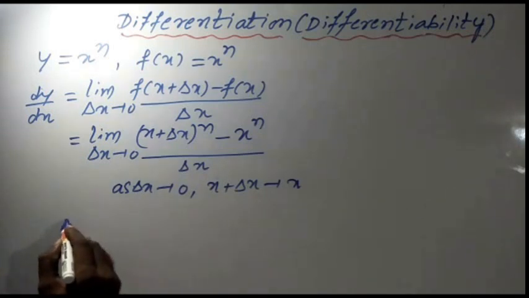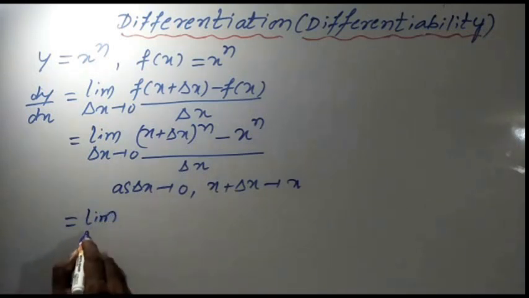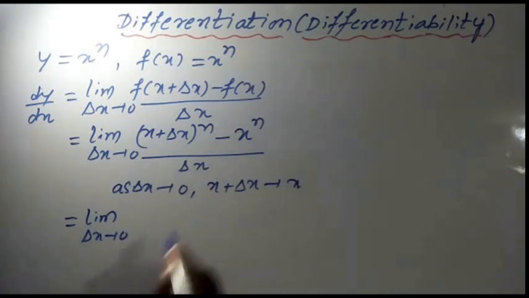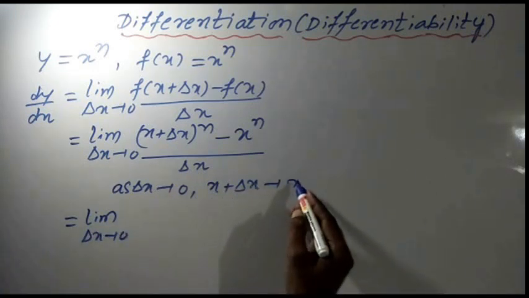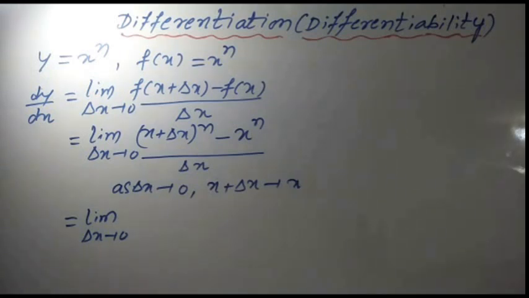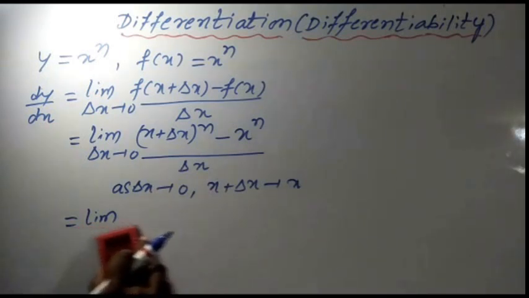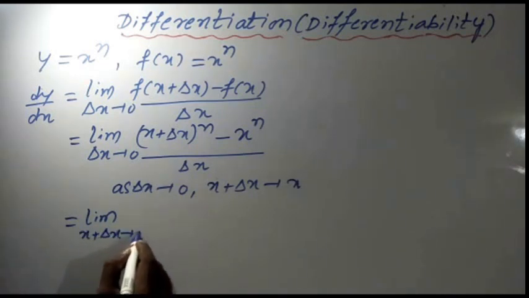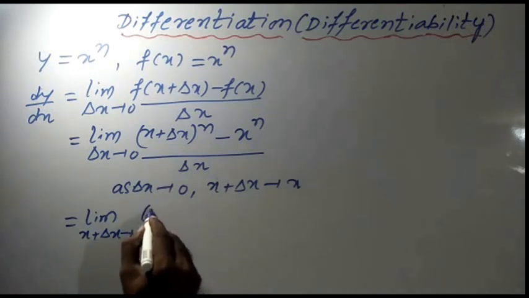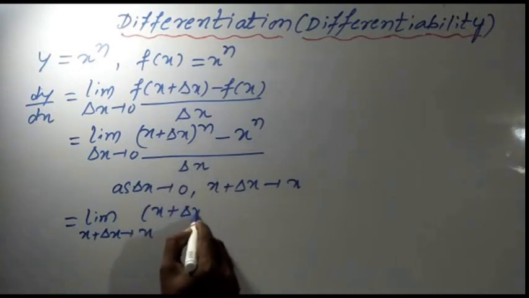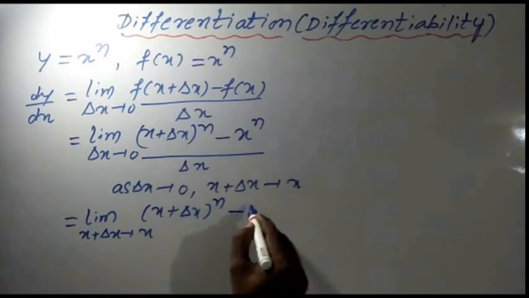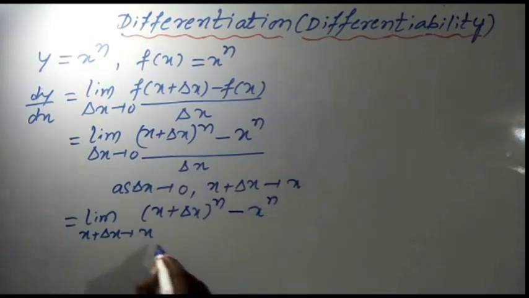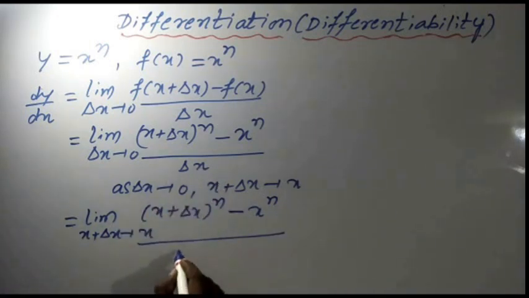Therefore, x plus delta x to the power n we take as it is, minus x to the power n we take as it is, divided by delta x, which is written as x plus delta x